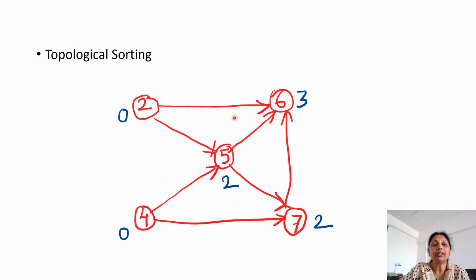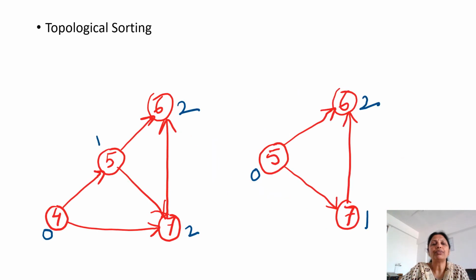Again you have to identify the in degree. Now in degree of vertex 2 is 0 as well as vertex 4 is 0. You have to remember one point, that the topological sort for a directed acyclic graph is not unique. Hence first you have to remove vertex 2. Then after removing 2 we will get this graph.